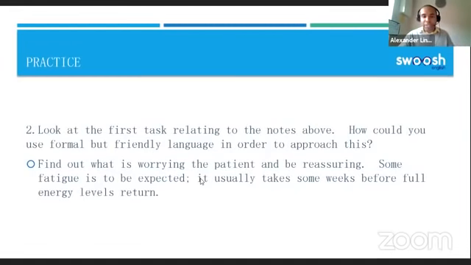Good. It must be hard for you, but Maya, know what exactly is bothering you. Yeah, so we're showing a bit of empathy here as well. Would you be able to tell me about your concerns? Good. Yeah. So using that modal verb, would you be able to, is a little bit more formal, isn't it?